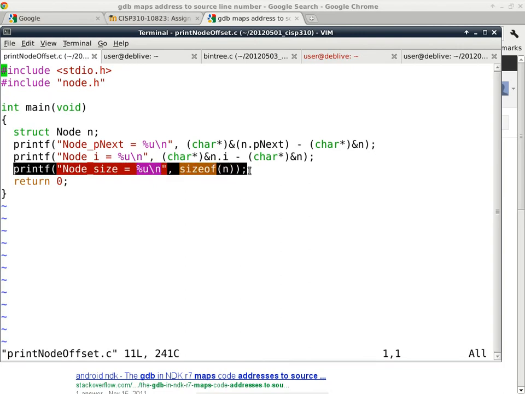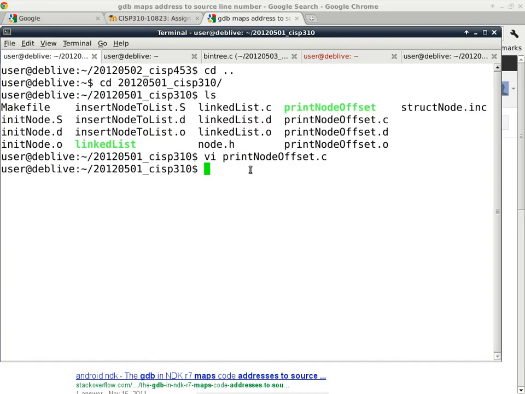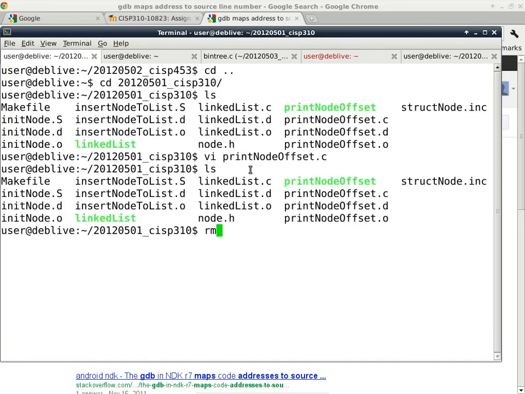We have a label just to display the size of the structure. So instead of using sizeof, you just use whatever label name you define to be the size of that structure. So it should all be working out. The only thing you have to watch out for, which is also something that we experienced last time, has to do with a circular reference, if you delete all the .o, .d, and the